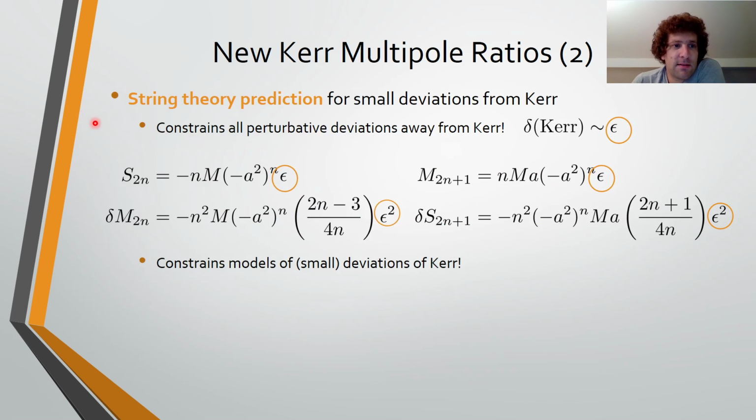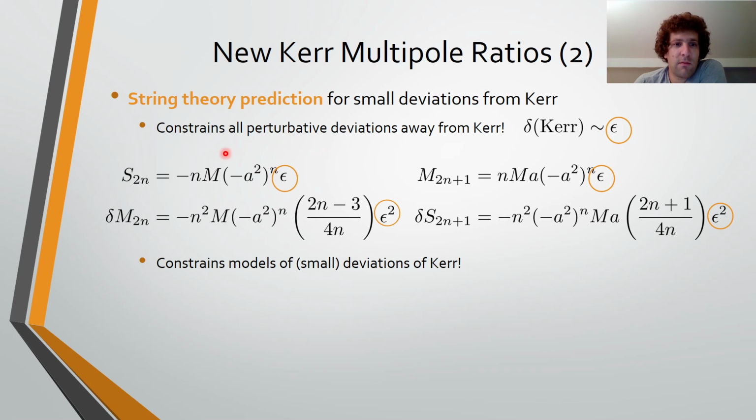Now, not only does this give us an infinite number of new characteristics of the Kerr black hole, but it also gives you an immediate prediction for small deviations of Kerr. So if you imagine that you have some theory, some model where the Kerr black hole is replaced by a small perturbation of the Kerr,